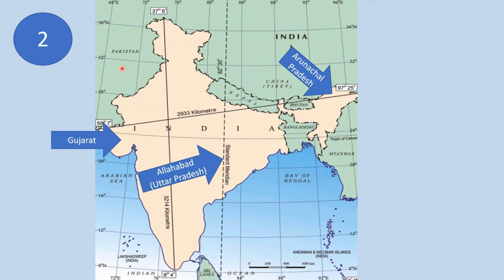Now the neighboring countries of India are Pakistan, Afghanistan, China, Nepal, Bhutan, Bangladesh and Myanmar. And we have two island groups in our country: one is the Andaman and Nicobar Islands in the Bay of Bengal, and the other is the Lakshadweep Islands in the Arabian Sea. The nearest neighboring country across the ocean is Sri Lanka, which is separated by the Gulf of Mannar and Palk Strait.